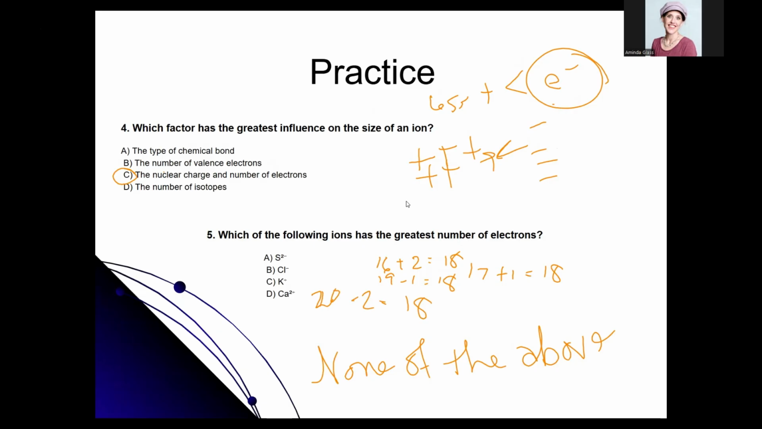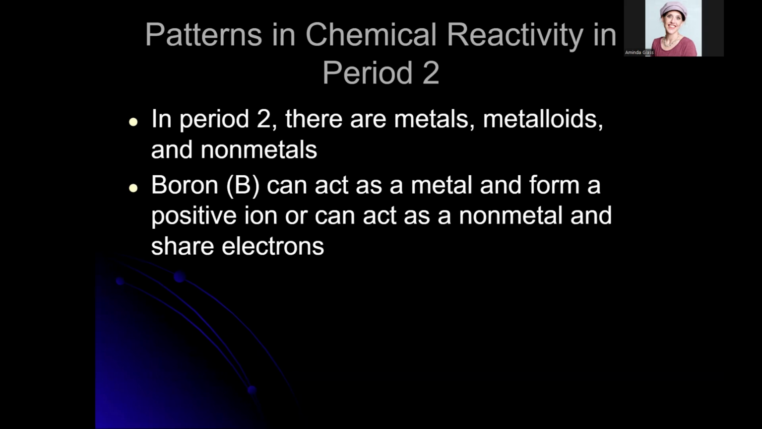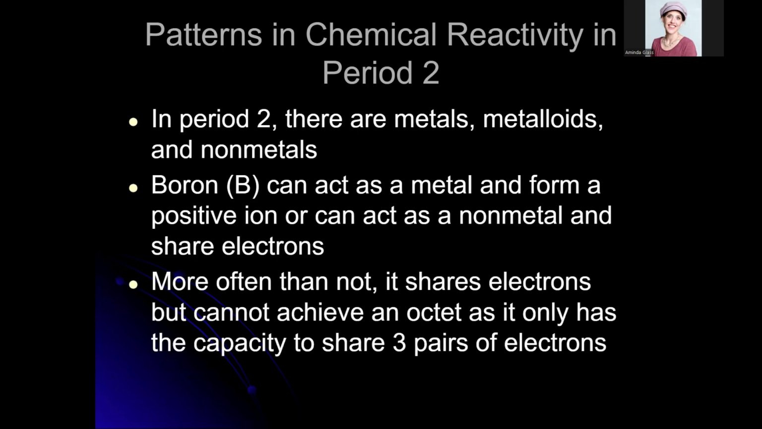All right. Let's look at the next part. Now, in period 2, we have metals, metalloids, and nonmetals. Boron, which has the symbol B, can act as a metal and form a positive ion, or it can act as a nonmetal and share electrons. More often than not, it acts as a nonmetal and it shares its electrons,